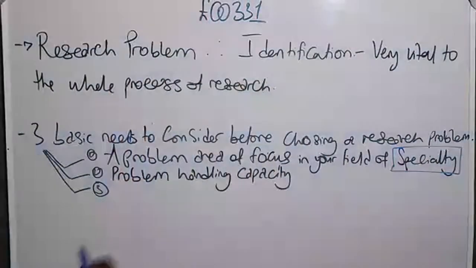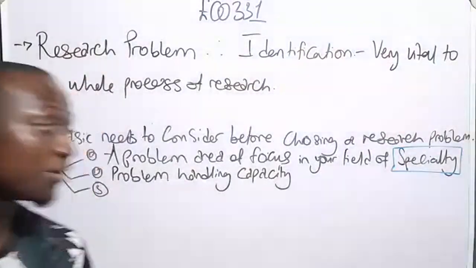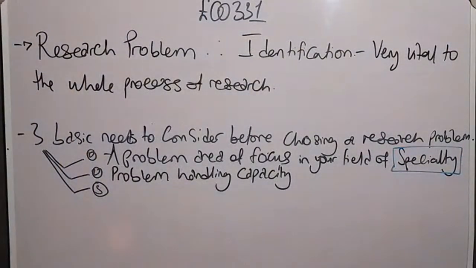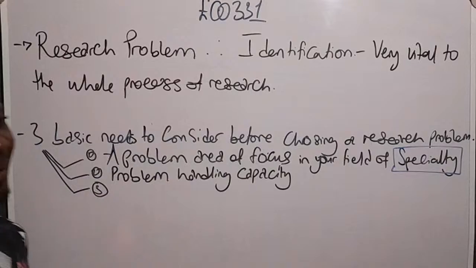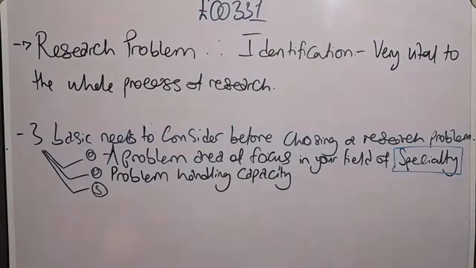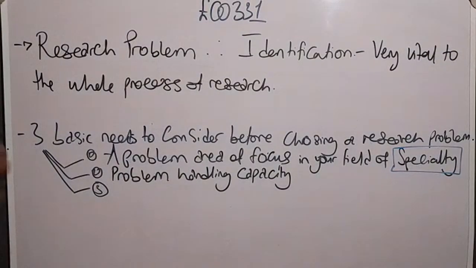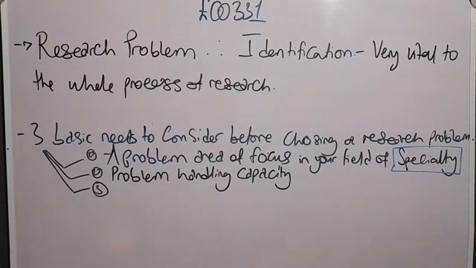You don't want to choose a problem that you know you definitely can't get data for, or where you spend a fortune before you can get sufficient data. Don't take a problem where you can't get respondents to fill your questionnaire. Make sure that the problem is within your capacity. Even if it's not, it's within the capacity where you can reach out to people, or reach out to assistants to help gather and pool resources together, just so that you get your project through. And lastly,